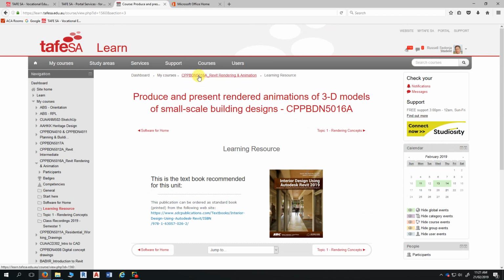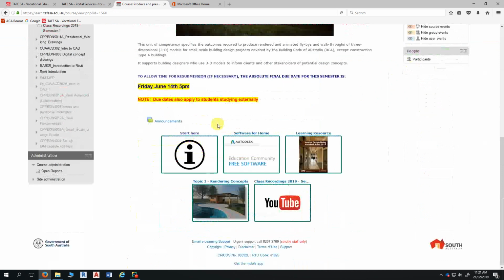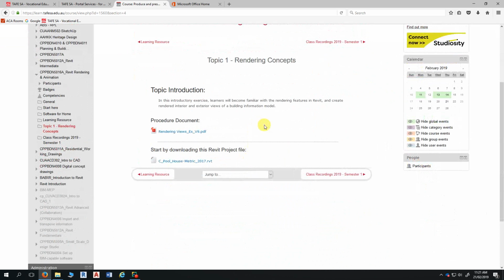Now that takes us to our first topic and exercise, which is rendering views. Now again, as I said earlier, yes, you've done this particular exercise, but it is useful as a refresher. It's useful to go through it again and perhaps discover some of the new features of Revit. Have a look at the new features, become familiar and comfortable with it,